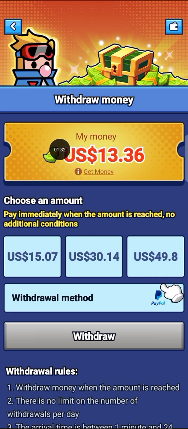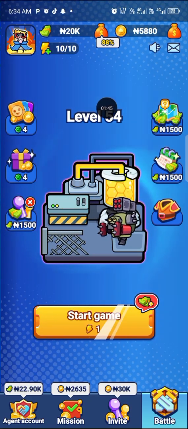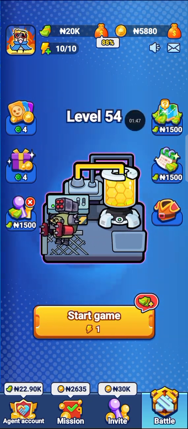But I don't want this video to be too long. Let me just show you guys how to play this game. First of all, if you click the link I'll be leaving in the video description or in the comment section, it will take you to where you will sign in. And you can see this is level 54,